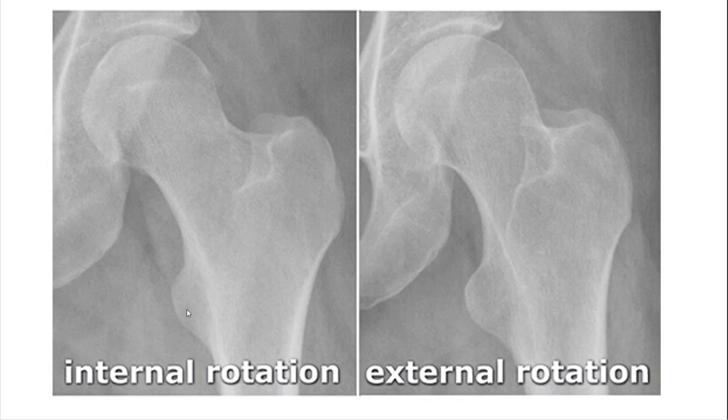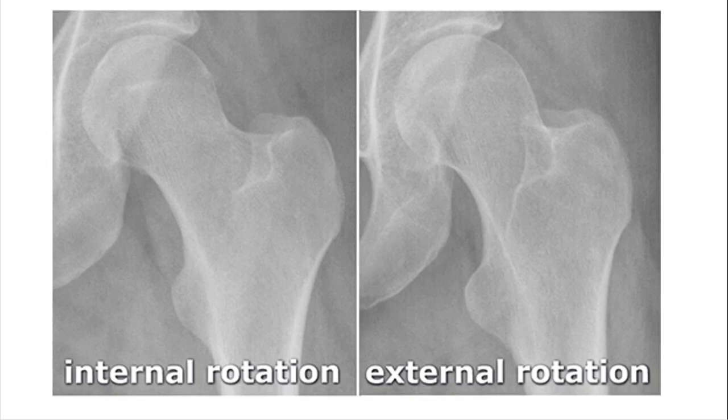The lesser trochanter will be more prominent if the femur is rotated slightly laterally in external rotation, whereas the greater trochanter is visualized better when the lower limb is rotated slightly medially, so that it does not overlap the neck of the femur. Here you see, if we do external rotation, then it slightly overlaps the neck of the femur. So the normal positioning of the patient's lower limb for visualization of the upper end of femur along with the hip joint is in a slightly internal rotation.